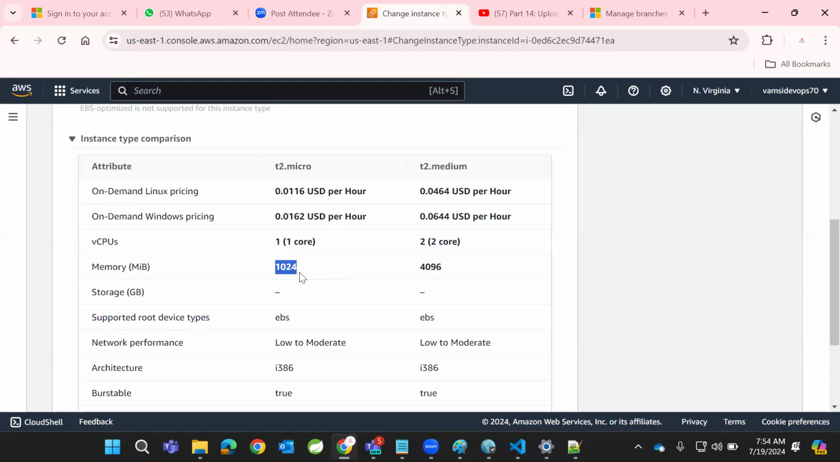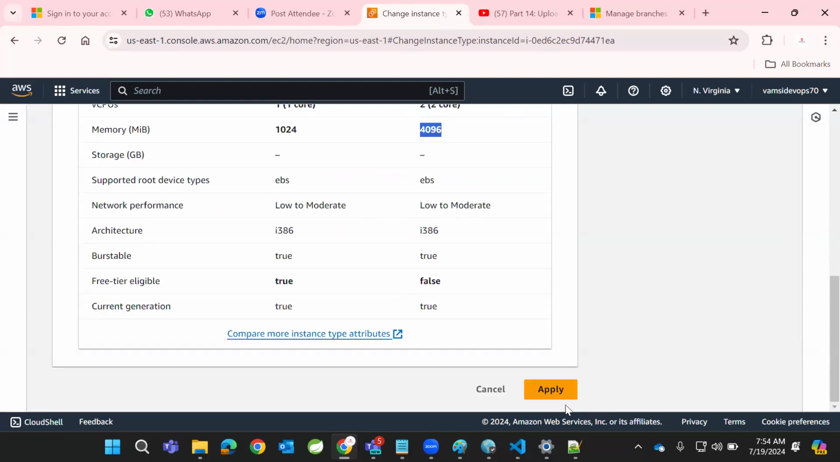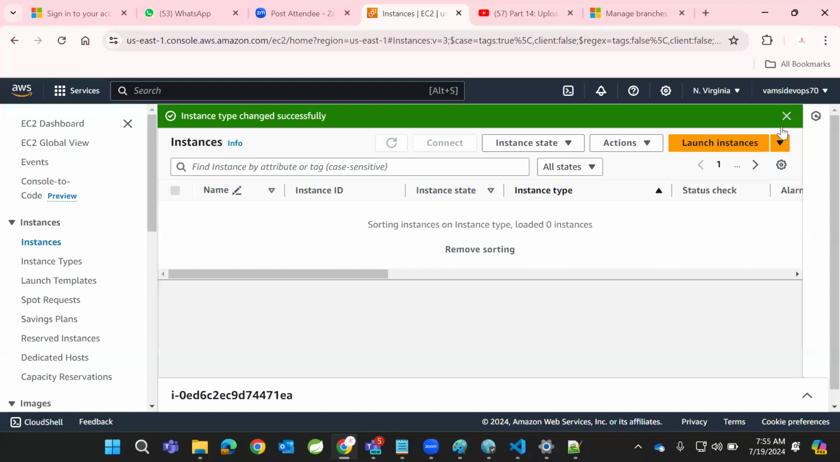1024 means 1 GB RAM, 4096 means 4 GB RAM. Got it? So we have 1 GB RAM here, and here we have 4 GB RAM. I'm just going to apply it. So once after applying,